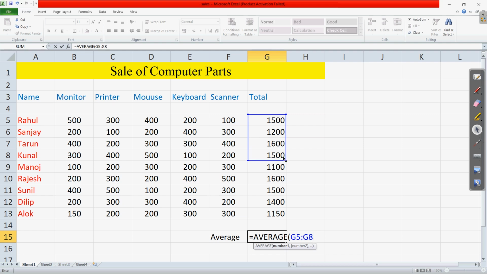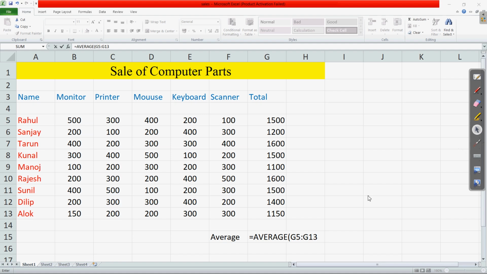Here you can see it is all being selected. Rather than writing the first and the last address, if you select the first and drag it down, automatically the first address and the last address are shown to us. Here you can see the same.